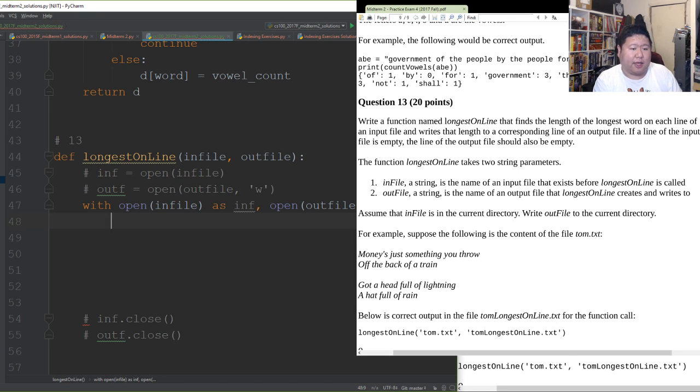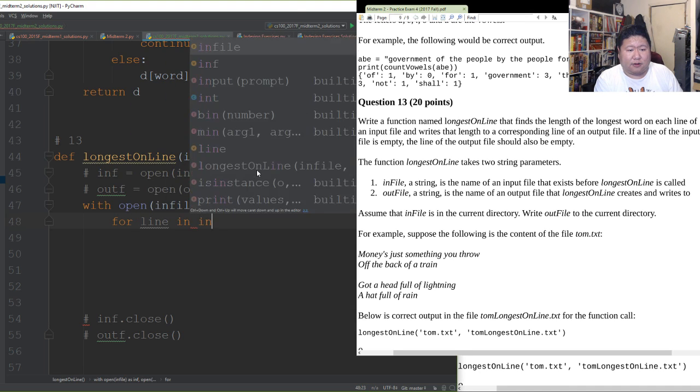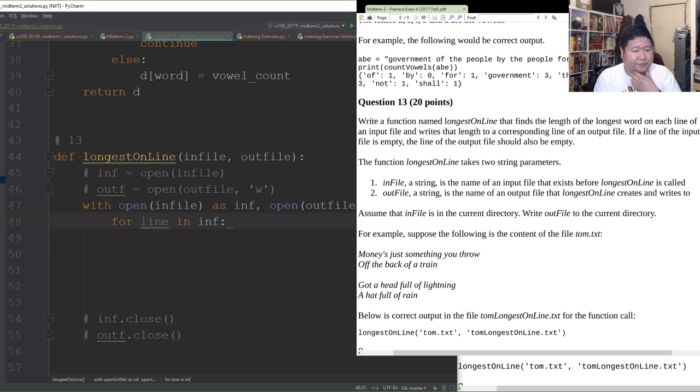All right, so I've opened the file, and because I don't care about rereading the file, I can just go ahead and read it directly from the stream. So for a line, I'm just going to grab each line, and then what I need to do for each line is track